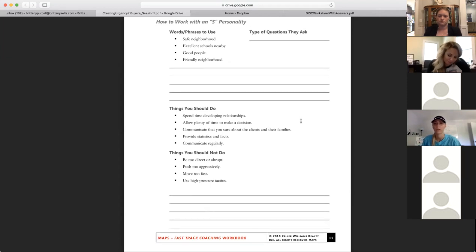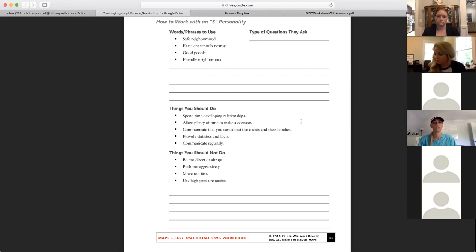Communicating that you care about the clients and their families. So just showing an extra level of care, still some I, but more so the care aspect of it, I think. You still want to give them statistics and facts, kind of tying into the C a little bit. They are going to want to know things to feel safe about the whole situation, the house and everything. So give them those statistics, point them in the right direction for those facts, and give them really good, steady communication. So making sure you're checking in with them, making sure they're okay. If there's nothing to report to them, continue to touch base with them and let them know, hey, there's nothing new, just wanted to let you know that.